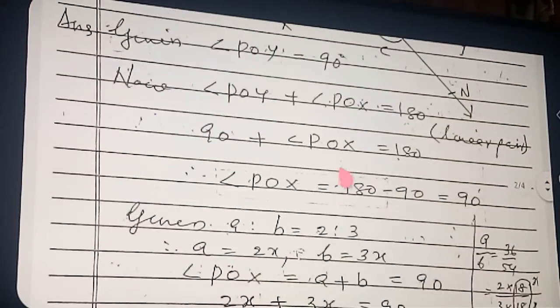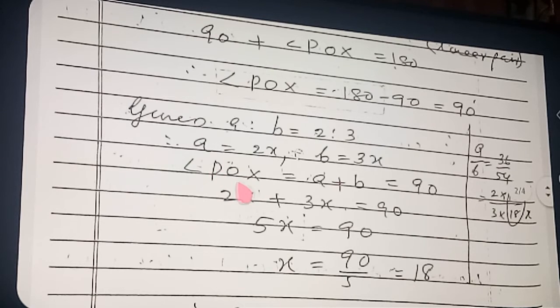Okay. So now again see. P of x is equal to angle A plus angle B. But P of x you already found out as 90. Therefore A plus B is equal to 90. Clear? Now what is the value of A? 2x. And what is the value of B? 3x, is equal to 90. So 2x plus 3x, how much came? 5x is equal to how much? 90. So you got the value of x is equal to 90 by 5, 18. You got the value of x as 18.